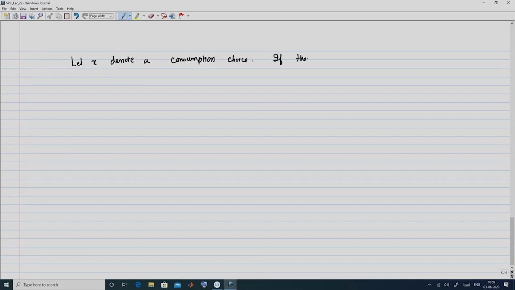Now, if the consumption choice x1 results in, so this x should not be confused with the self financing condition, this is synonymous with C, so this results in more money being generated than the consumption choice x2